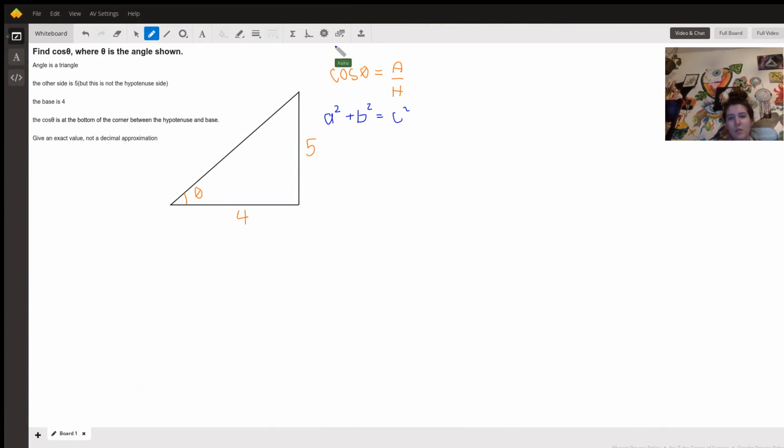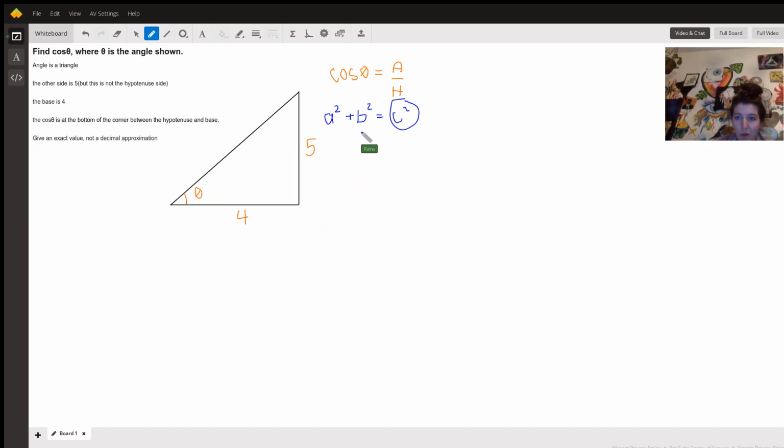So the question was a bit unclear, but I'm going to assume that you meant that theta was at this point, with the adjacent side being 4 and the opposite side being 5. Since cosine theta equals adjacent over the hypotenuse, which would be this side 4 over the hypotenuse side, this value c, we have to first find the value of the hypotenuse side in order to calculate cosine